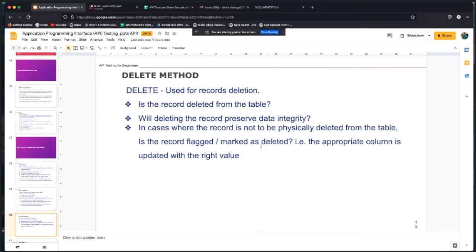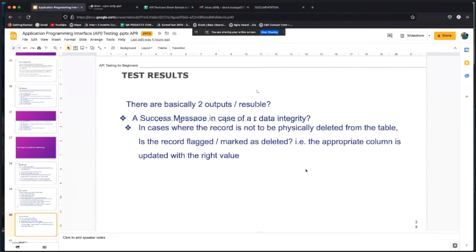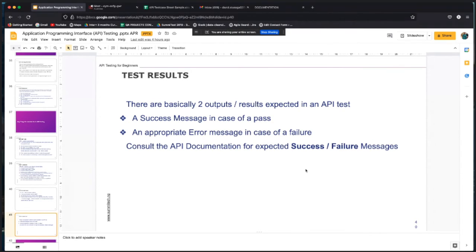In a case where the deleted record is not physically deleted from the table, the record is flagged or marked as deleted, i.e. the appropriate column is updated with the right value. So let's go on to the next one. There are basically two outputs or results expected in API testing.